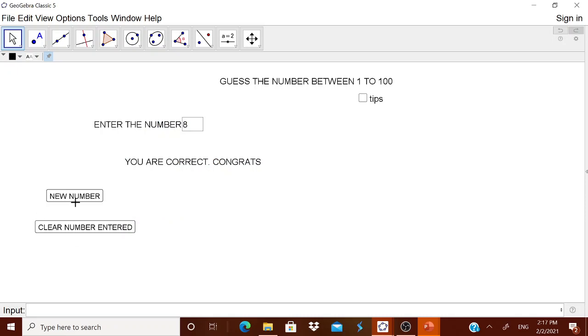Now clear new number. Again, you can start the problem again and again. Now you can explain to the children how the number is guessed, not by mere trial and error method. There is a method in that they have to take the median of the number they have entered. If it is bigger or smaller, based on that they have to take the median between the two numbers which they have entered, and they have to approach the number by reducing the distance between them. Thank you. Let us learn to lead.